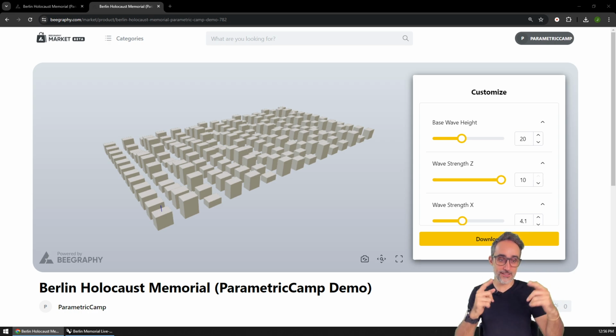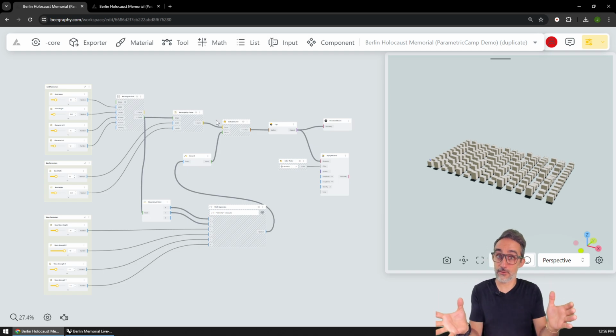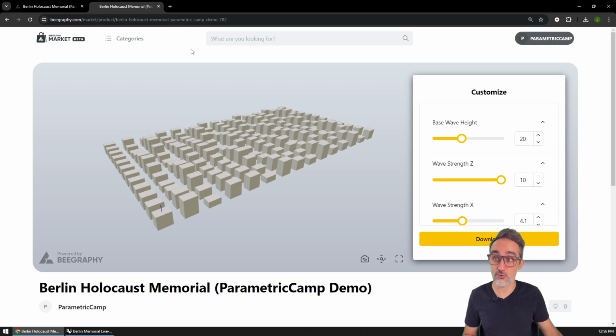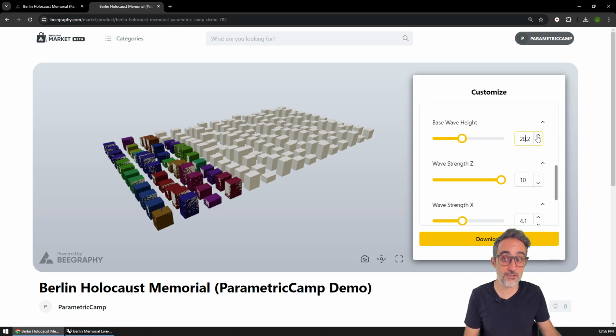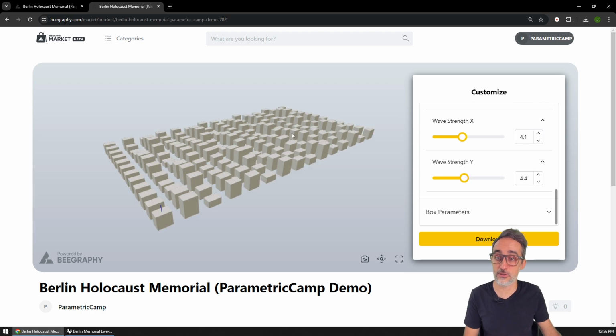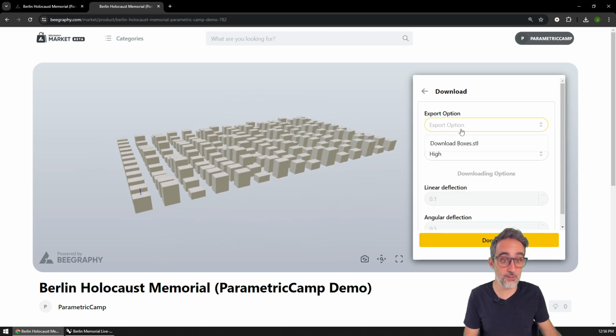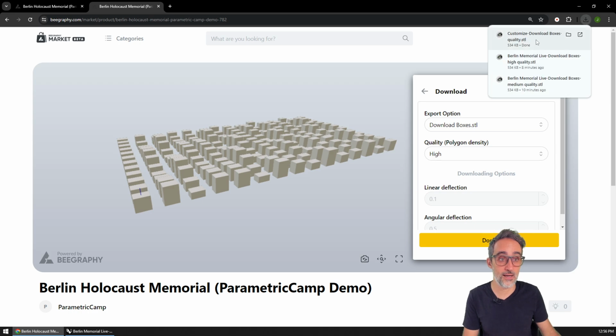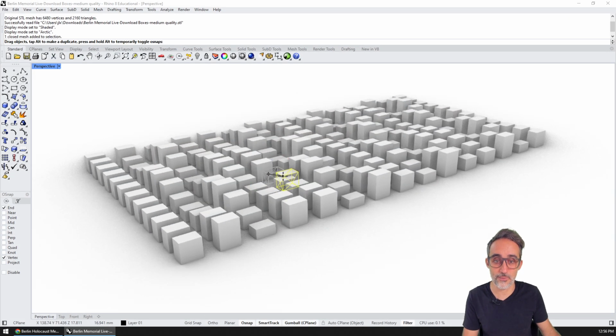BeeGraphy platform. In this video, what I would like to show you is how to go from a parametric model that you have created in the BeeGraphy editor, and then how to take whatever geometry you have created here and export it, download it, and publish it into this kind of very clean UI that can be customized for anyone who doesn't have the parametric expertise that you may have, to just go in and change a couple things here and then be able to say, oh, this is the model that I like, very nice, can I download it? Here, just download the boxes and boom, I'm going to download my STL, and now I have my model